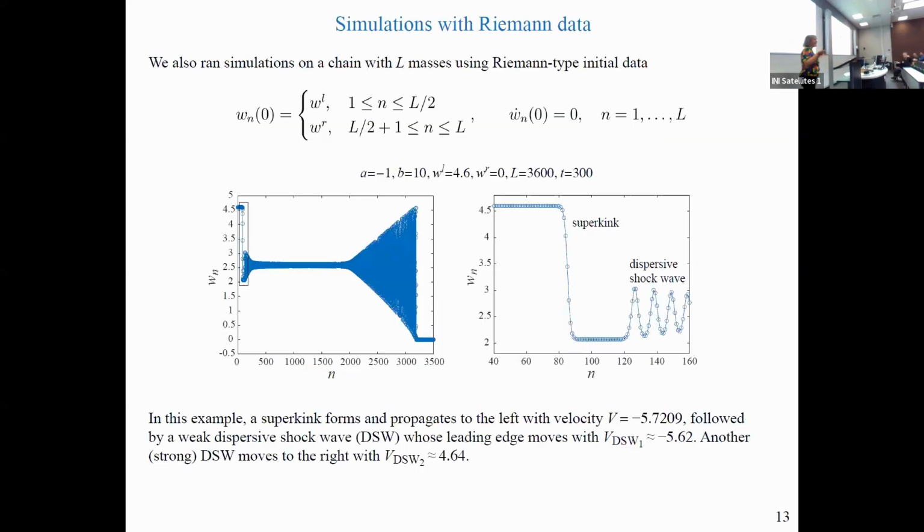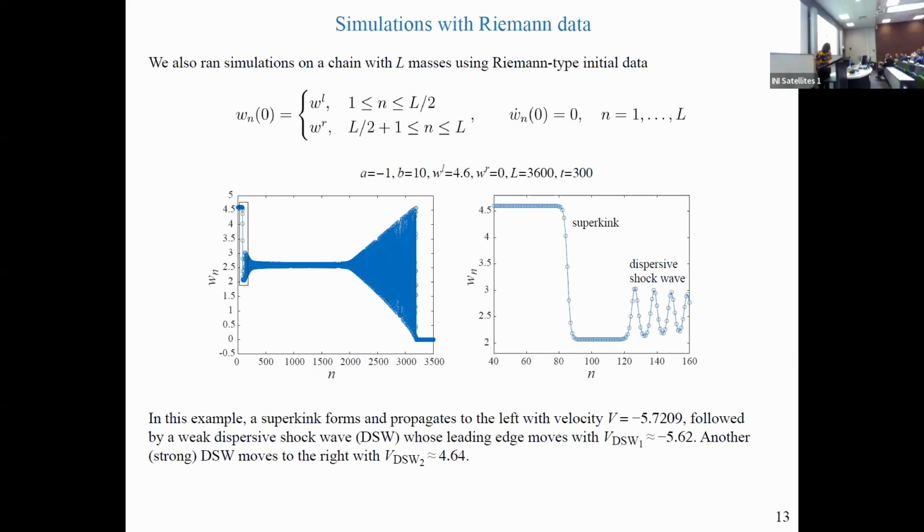All right, Riemann problems. Again, so happy I talked after Paris. So you know about Riemann type initial value simulations already, of course. So here we just prescribed some left and right strains in this kind of piecewise constant fashion, and zero strain velocities. And what you see is that after a while, you see formation of a super kink, which is kind of hard to see here, but if you zoom in, you can see it quite nicely.